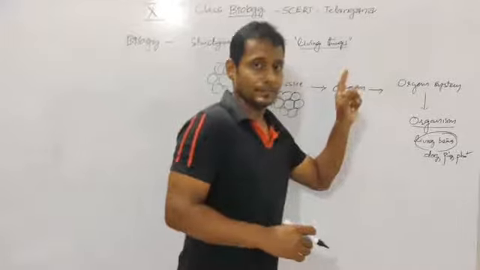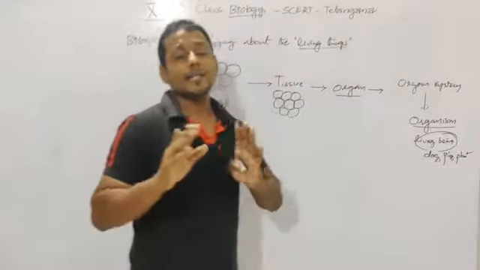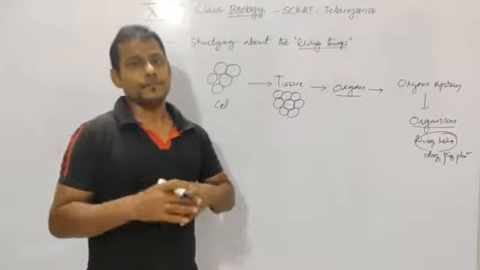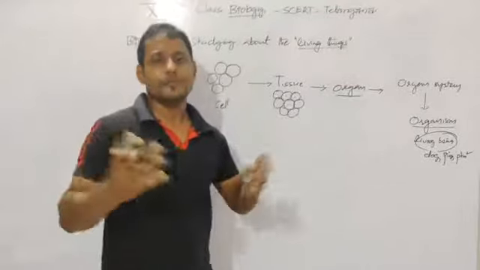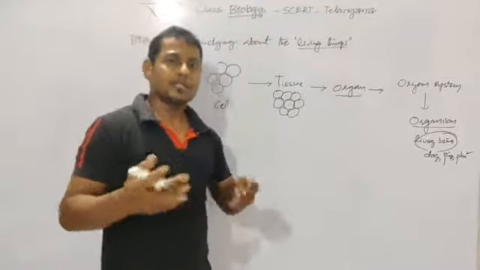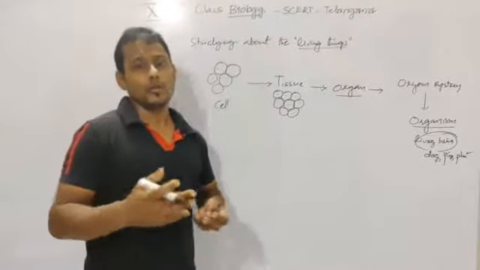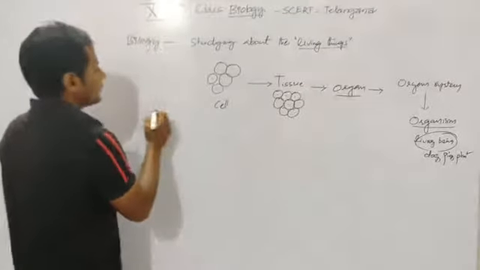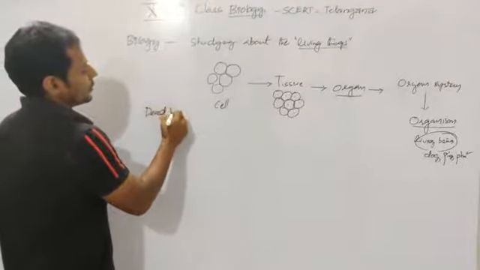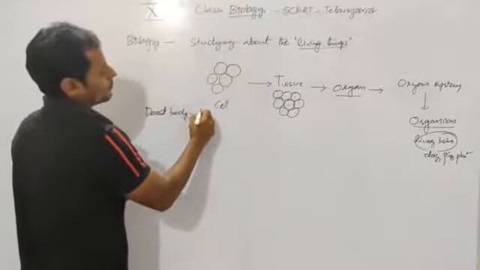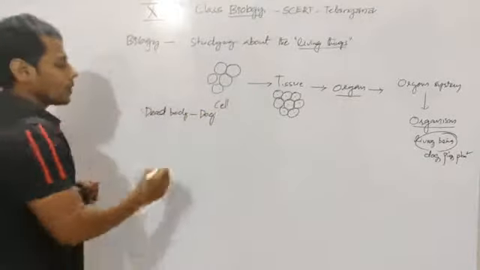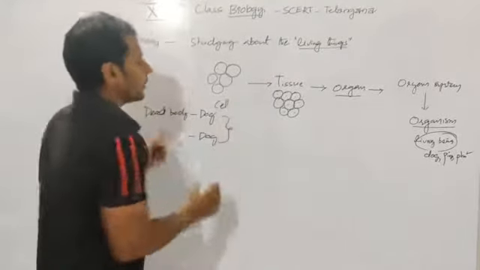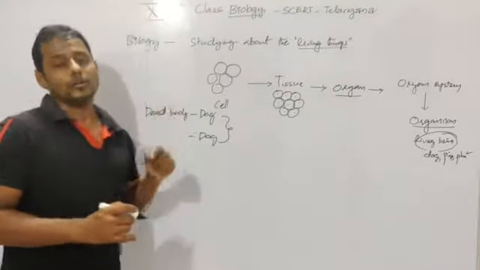So this is the organism. How does this organism have life? There is a difference between a living and a non-living thing. If you take a rock and a dog, there is a lot of difference between them, or else between the dead body of a dog and a living dog. We are going to see why one is living and why the other is non-living. Here I am taking the dead dog and the living dog. Here you can observe the differences between the dead dog and the lively dog.